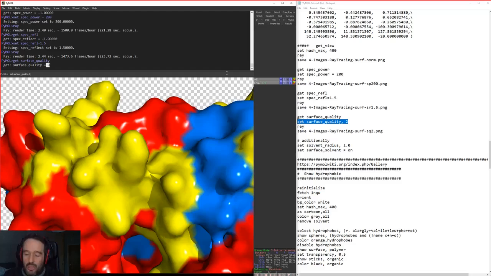With the surface quality, we completely re-render the molecule, so this can often take a bit of time to complete, but once it's done, it's done. And while this is going, I might as well talk about how that works. So you can set this solvent radius. It's normally at 1.4, which is the radius of a water molecule.